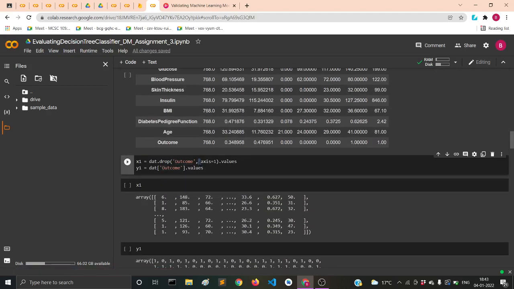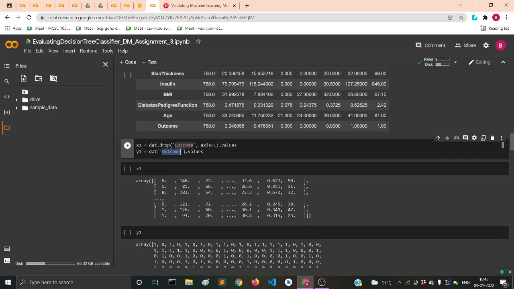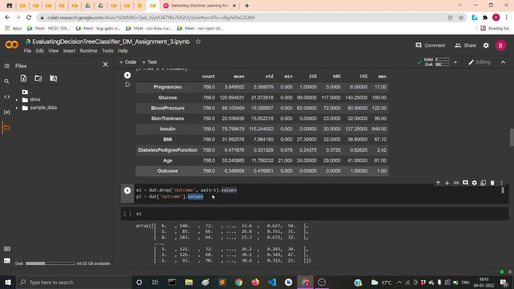We are dropping along the column axis, so we supply axis equal to 1, and then we get the values directly and assign them to x1. Then we get the outcome column's values into y1. The values attribute gives you a numpy array; otherwise, I think you will get a data frame.